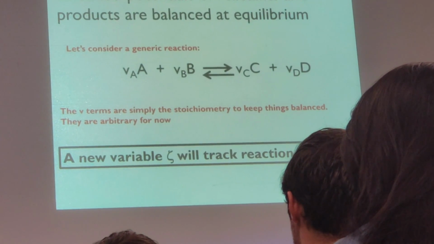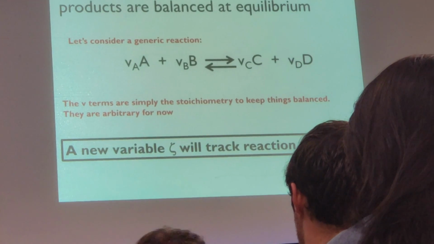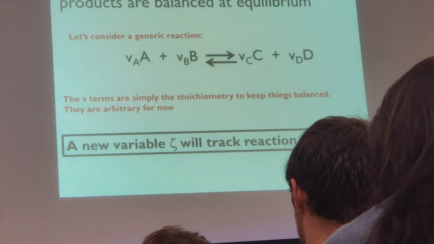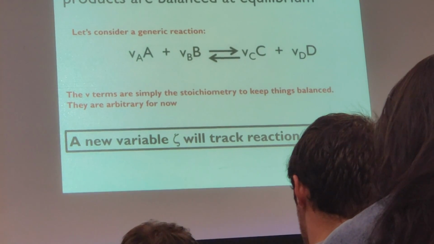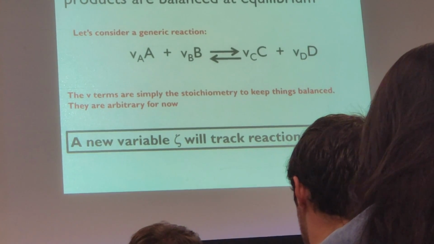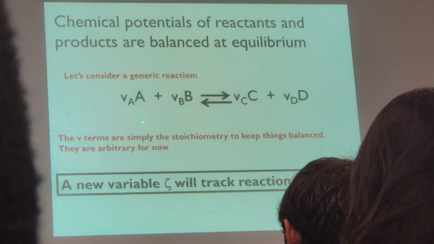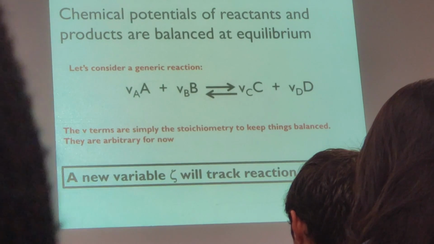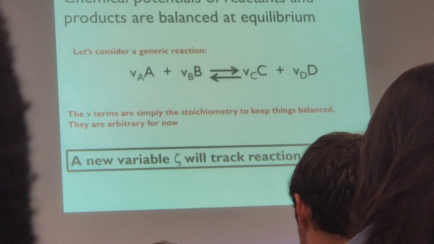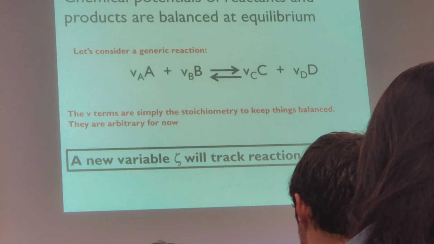For chemical potentials, if I'm at equilibrium, everything balances out, and my delta G is equal to 0. I could think of any reaction that I want to, and things should be all equal in terms of the products if I'm at equilibrium. The n terms that I put in front of everything are just stoichiometric terms. So I don't have to have 1a, 1b, it could be 2, it could be 3, whatever I want. The variable that I'm going to use today is zeta, and that's just going to track my reaction progress. So we saw reaction